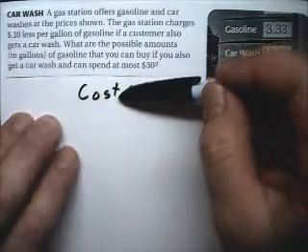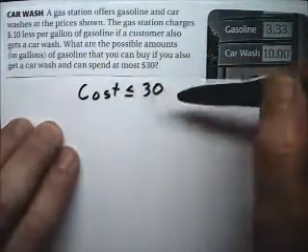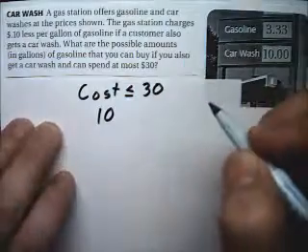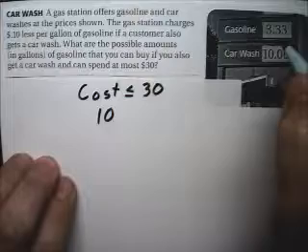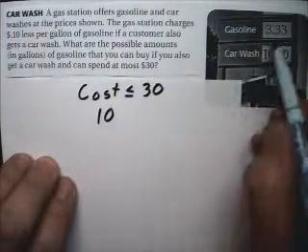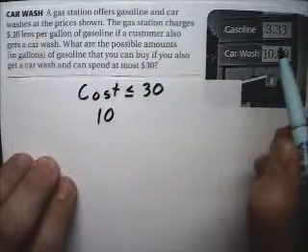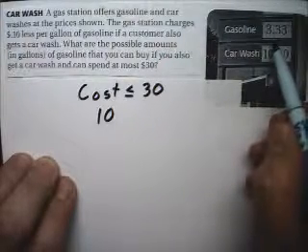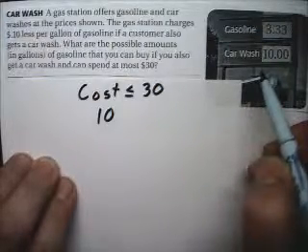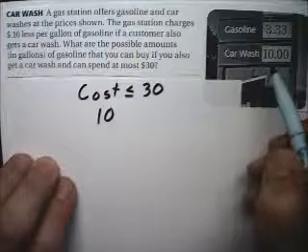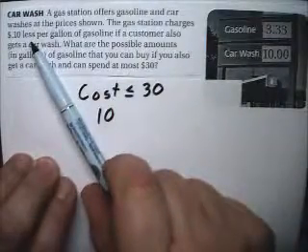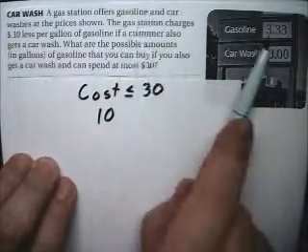Now I think, well, what's the cost going to be? Well, the cost is going to be $10 for the car wash. That's definite. And then I'm going to buy some gasoline, and it's going to be the cost of the gasoline times however many gallons. So if I got 1 gallon, it'd be $3.30. 2 gallons, it'd be $6.66, and so forth. Now, however, it says that it's 10 cents less per gallon. So it's really going to be